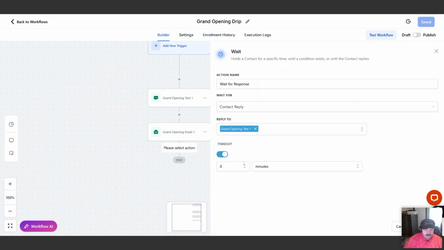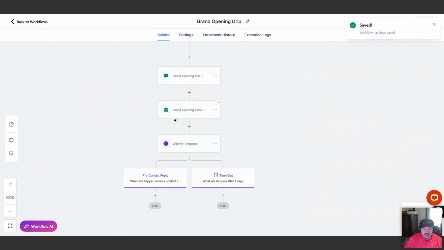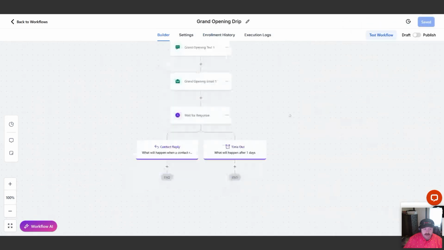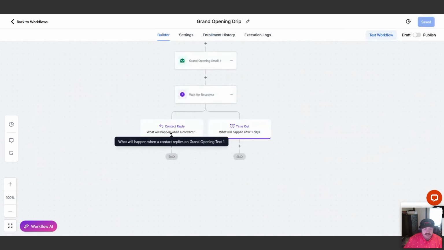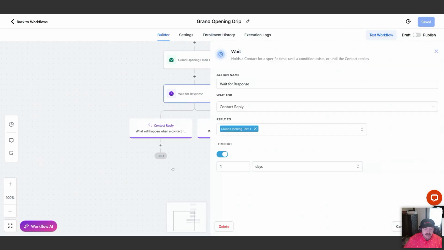We'll set a timeout. This is how long before it moves that person to the next step without them replying. I will typically put 1 day. So you'll send a message and then wait for a response. This is when the contact replies, and this is what happens if they don't reply. So let's go back to